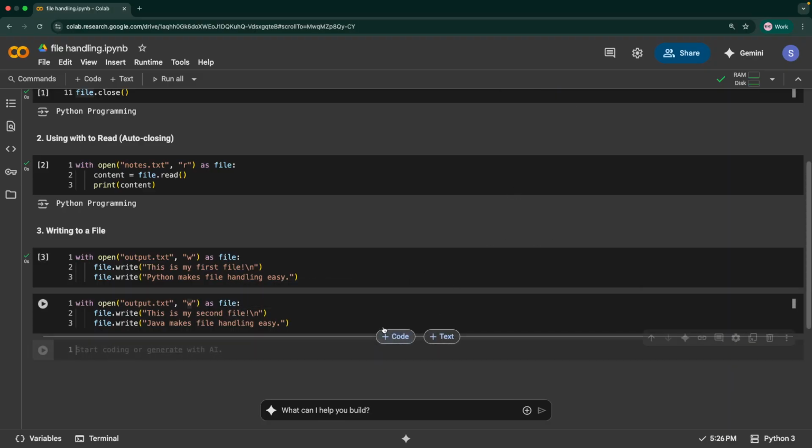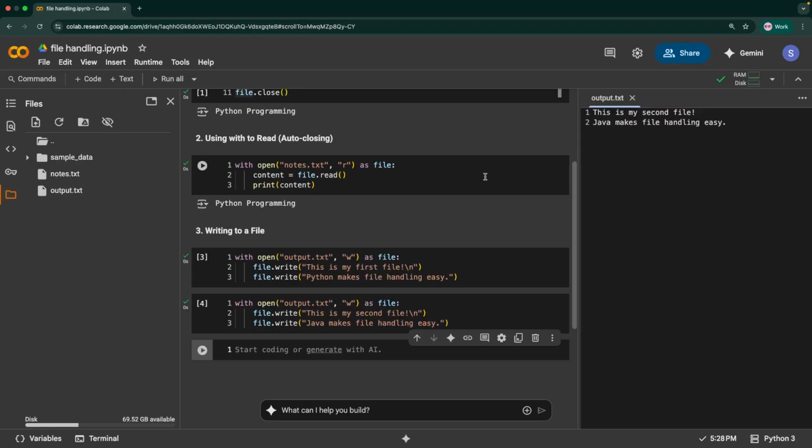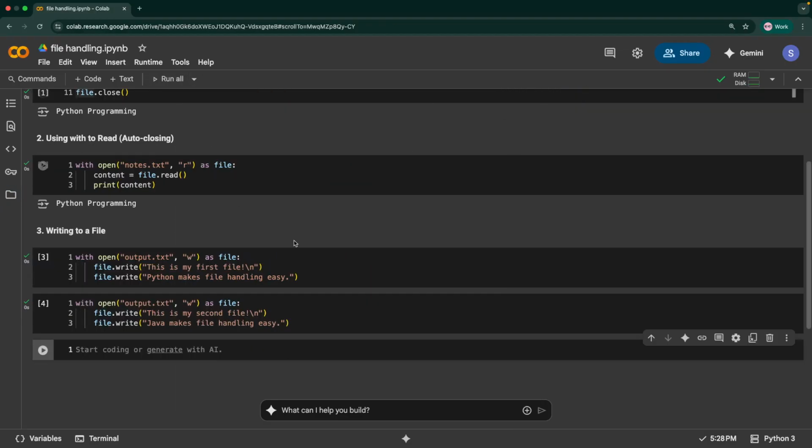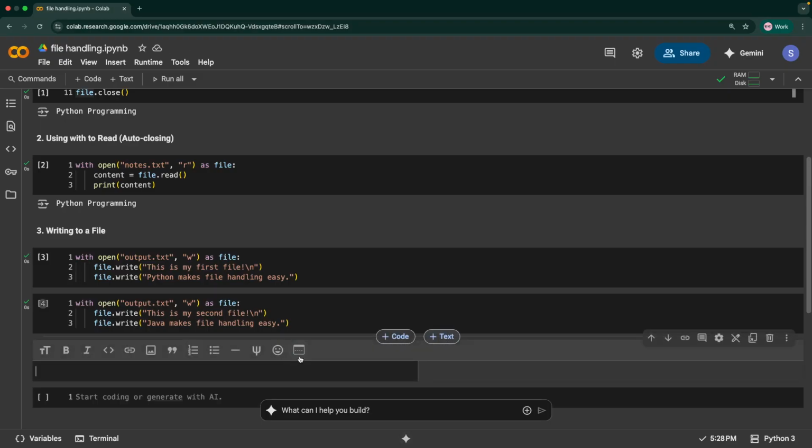So let's see, I'm running this again. Now if I open this outputs.txt, you don't see the previous lines. The previous lines were, this is my first file, Python makes file handling easy, and the next set of lines is this, right? But the previous lines have been overwritten. So that's what happens here. In order to add content to a file, instead of overwriting it, we can use append mode. So that's the fourth part that we are going to discuss, which is